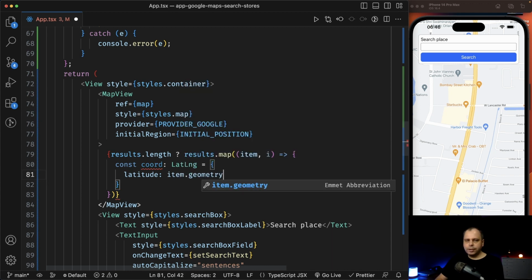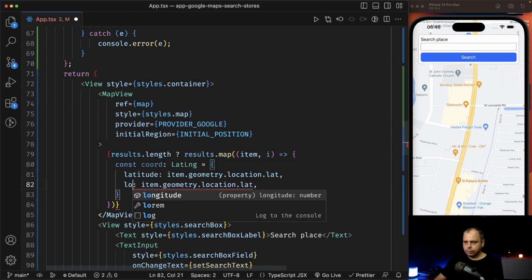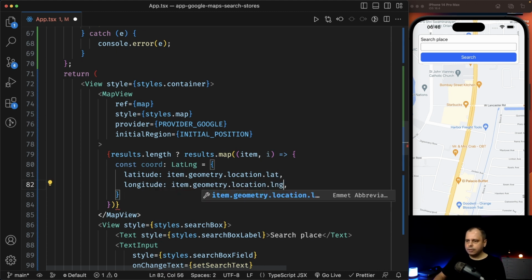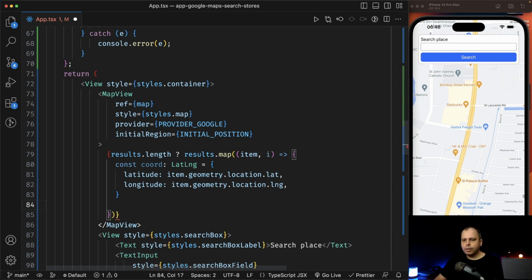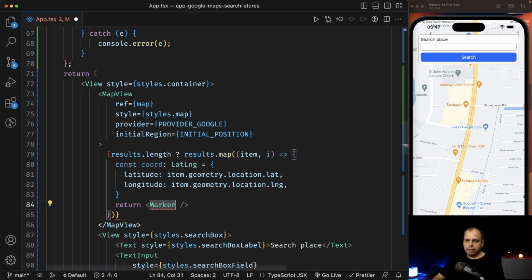Item.geometry.location.lat for latitude. Same thing for longitude, and here lng. So we have the coordinate, just show the marker, return marker, and here we need a key,